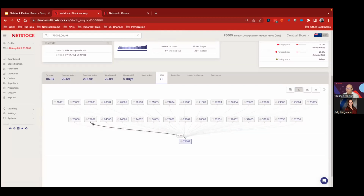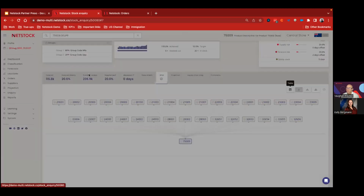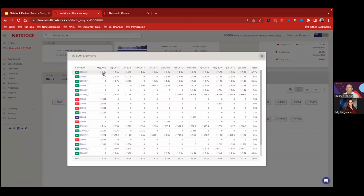Obviously, the forecast of all of those items will then drive through to create overall manufacturing forecast or dependent demand on this raw material item. We can see in the table over here, there's 2001. We can see we need 4,000 kilograms, or liters, or whatever this item is, to manufacture this in August. These items won't need to be manufactured. Those items will. So the total demand is going to be just over 9,000 liters or kilograms of this item. And again, the demand is then calculated over here,